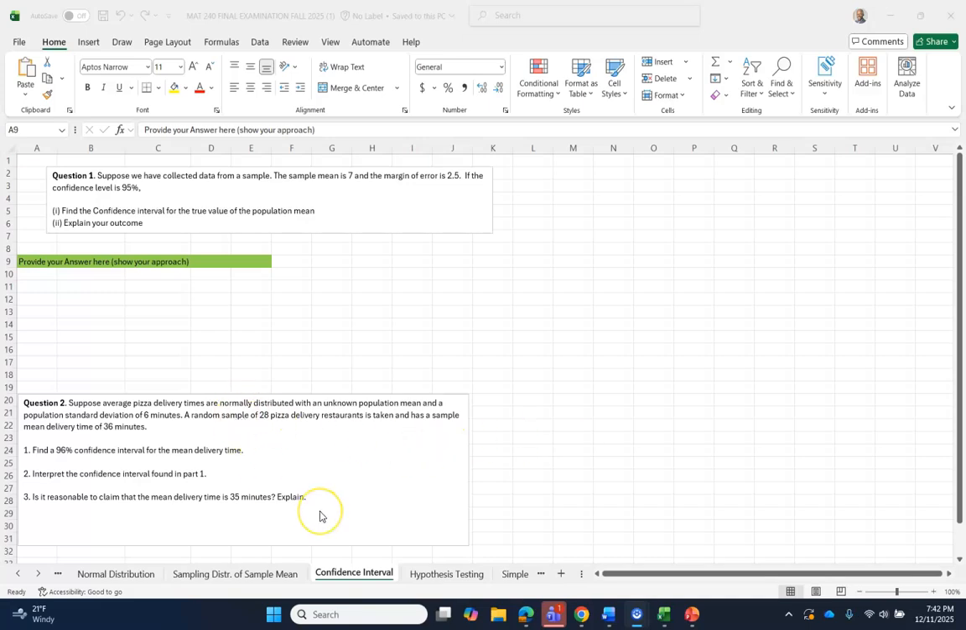Hi, welcome again. After we have completed confidence interval, I'll skip for now sampling distribution of sample mean and work on the normal distribution, but we'll come back to this section. So, in the normal distribution, you have two questions, and the first one says, suppose we have collected